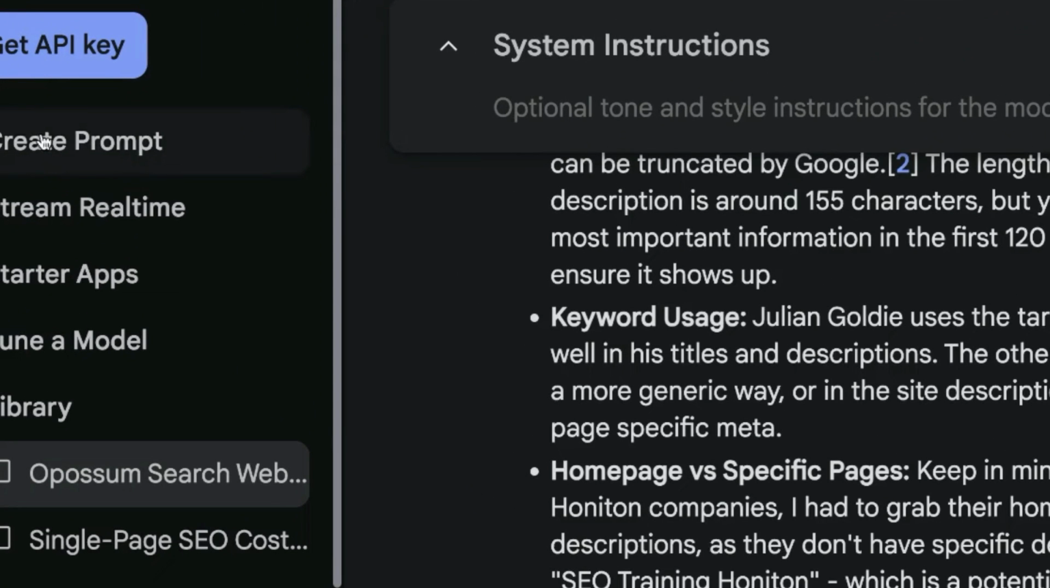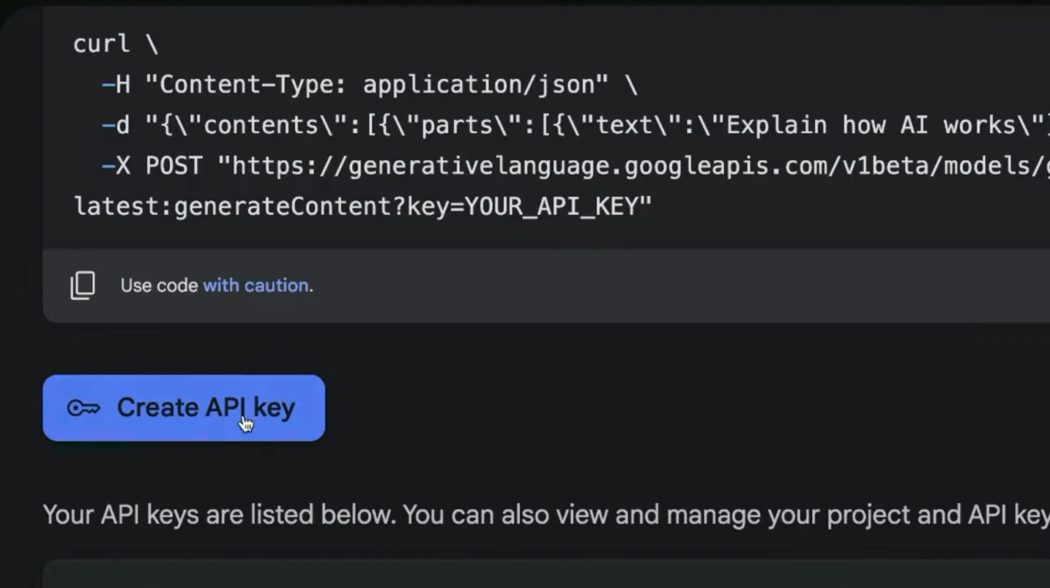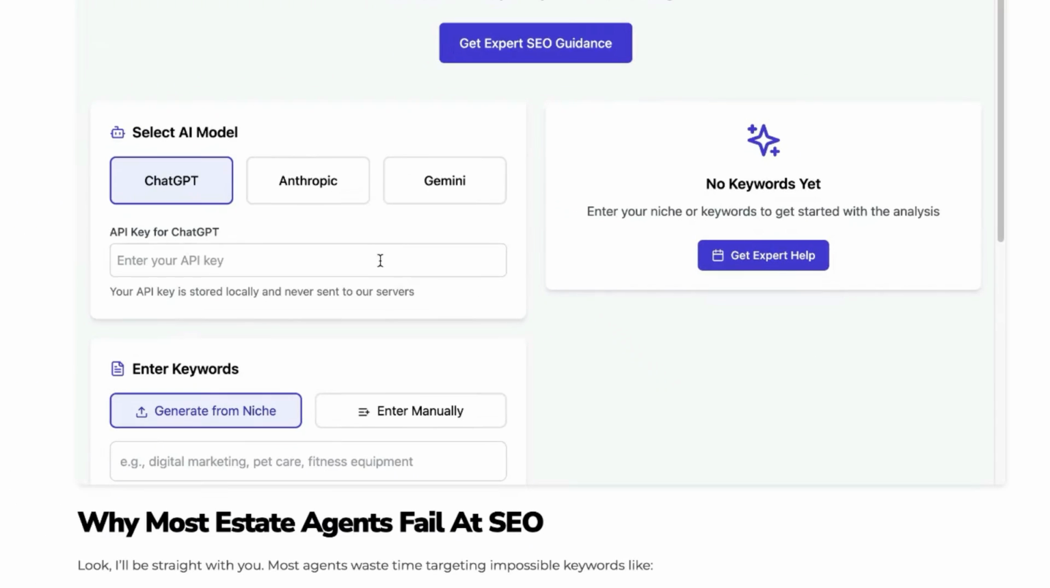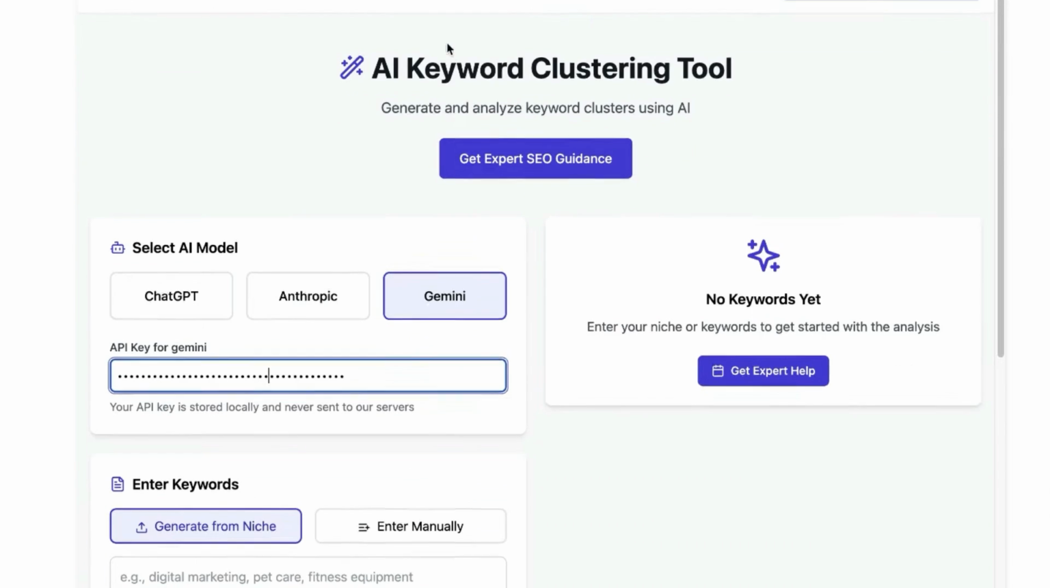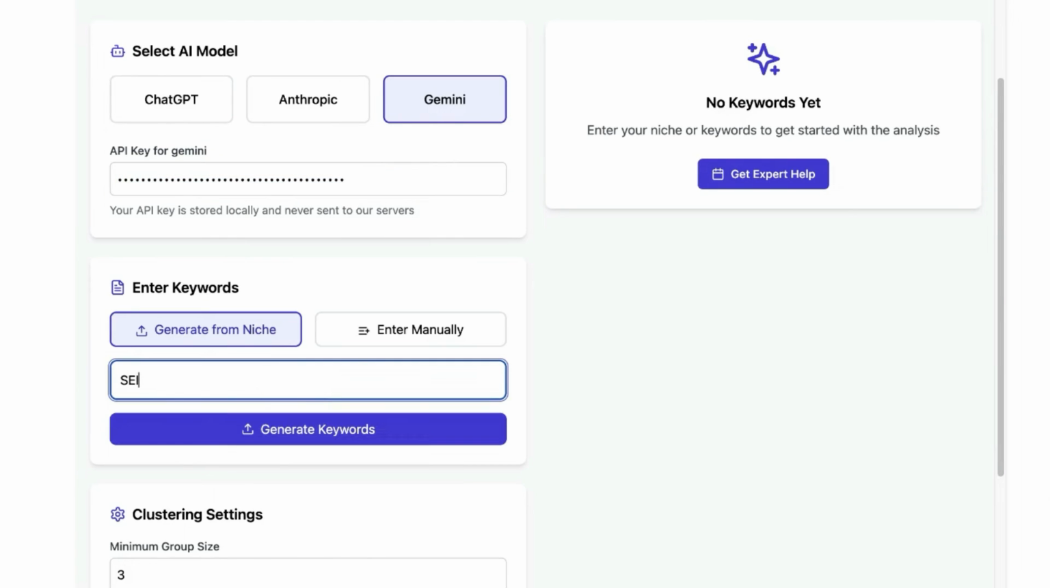If you want to get access to a free API key directly inside AI Studio for Gemini, then you can click on Get API Key on the left-hand side, create API key, select your project, hit Generate API Key. And let's say, for example, you want to generate some keywords, you can select Gemini, and then you can use that on tools, right? So for example, I created this free keyword generation tool. If we plug in an API key here, and then select Generate from Niche, hit Generate Keywords,